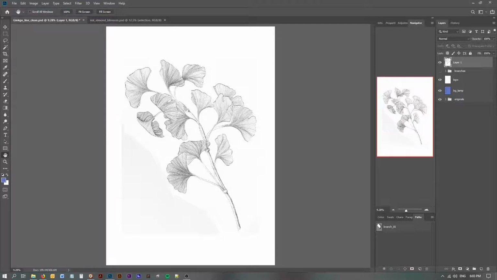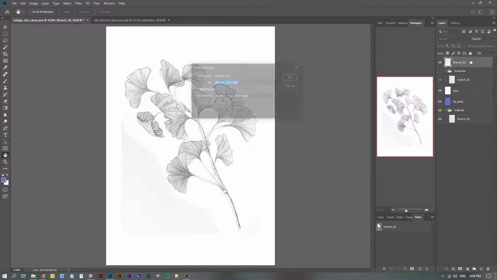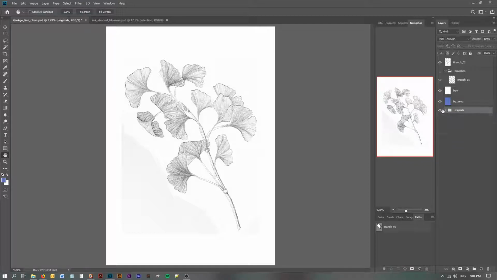It makes me nervous. Okay, so this is my scan and I'll call it branch 02 because I like to name them, and I'll put one version of it. Just duplicated it. One I put in my originals file and one I'll be working on here, this one not. Now